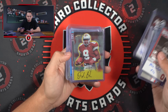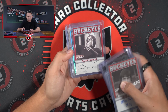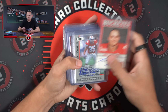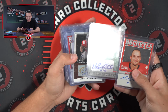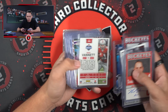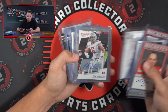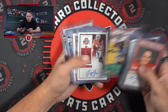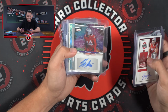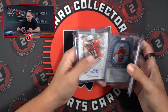Garrett Wilson, Paul Warfield, Boston, Lavelli. Auto's fading, but so cool. Olave and Michael Thomas. Matt Wilhelm, Laurinaitis, Von Bell, Pepper Johnson, Cade Stover. Flip these over here. Nick Bosa, Hubbard, Wilkinson. So you can see a lot of good stuff that's going to go out and shop here. JTT, I think that's JTT's first auto. Chase Young, Mike Hall,